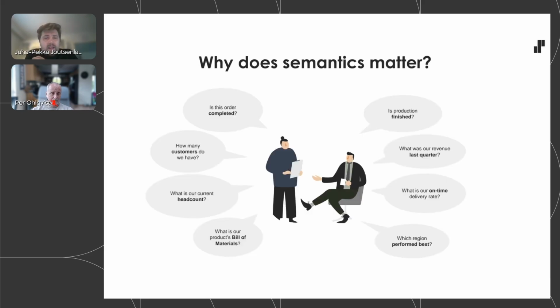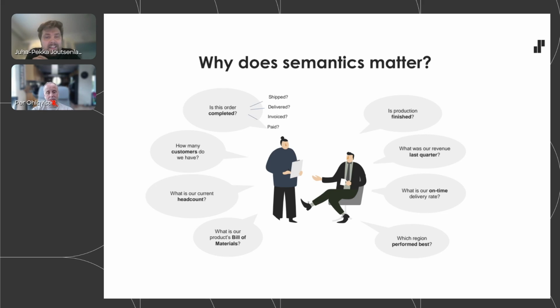And then when thinking about the semantics and why they matter, here's an example of some quite traditional questions that might be asked from the business in conversations or answered by the BI reports. And all of these questions can hide a lot of semantics behind them. There's a lot of ambiguity hidden, and typically we tend to resolve them without even thinking it really through. So for example,